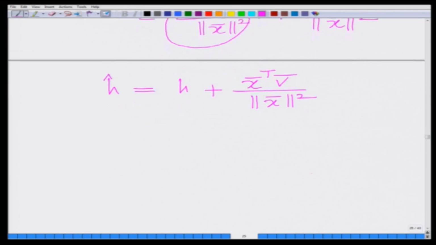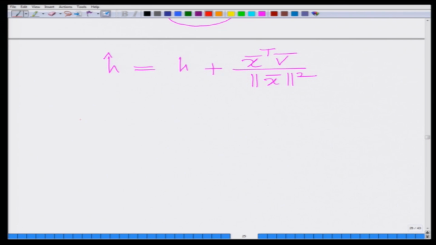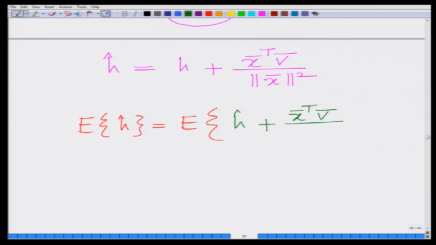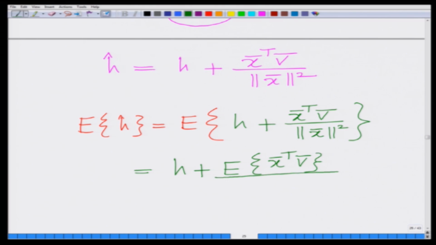Now, it is easy to see that if I look at the mean of the estimate, that is expected value of h hat, that is nothing but expected value of h plus x bar transpose v bar divided by norm x bar square. I am sorry, this is h, not h hat. Now, h is a constant, therefore, this is h plus expected value of x bar transpose v bar divided by norm x bar square,